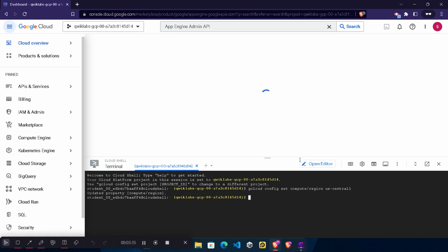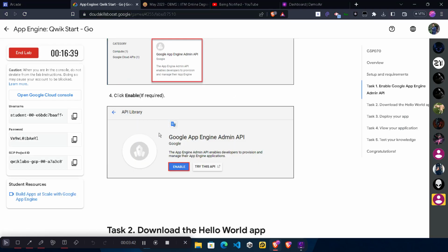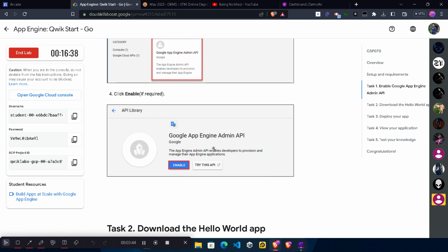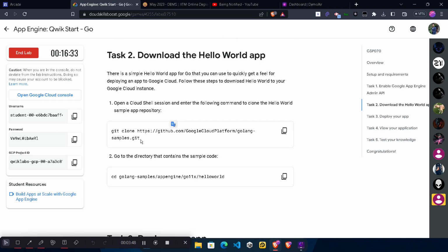Okay, so wait for the page to be loaded up. While it's loading, simply come back to that lab, scroll down. Let me show you what we are actually doing. We will be enabling the Google App Engine admin API. Now scroll down. From task 2, we need to download some Hello World app, and the GitHub clone is